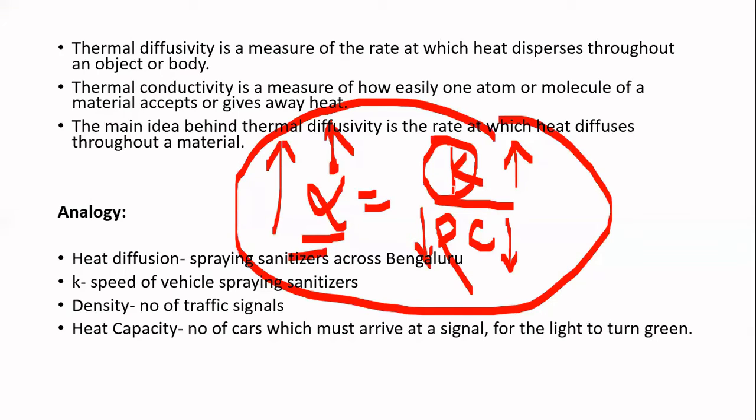The difference between diffusivity and conduction? Conduction tells us only about the speed of the car, but not about the other factors. Whereas this thermal diffusivity actually tells us how fast heat diffusion will take place inside the material. Heat diffusion will not depend only on conductivity, it will depend on other parameters also. How fast the traffic is flowing, that will be telling us the value of heat diffusion. Is the concept clear?